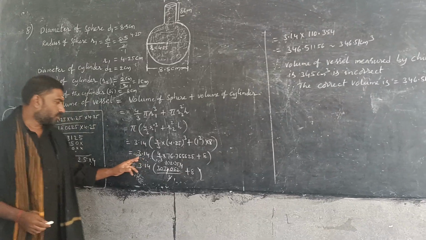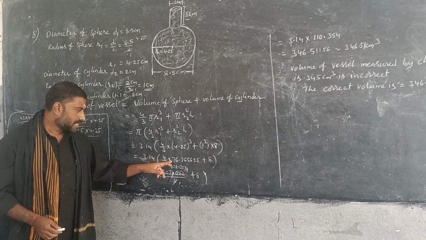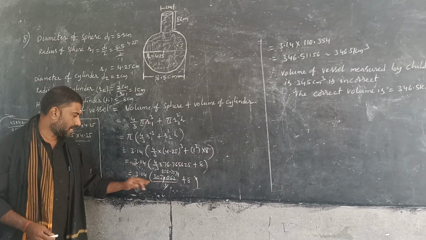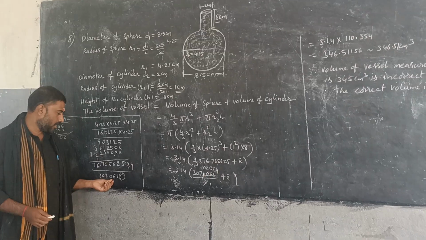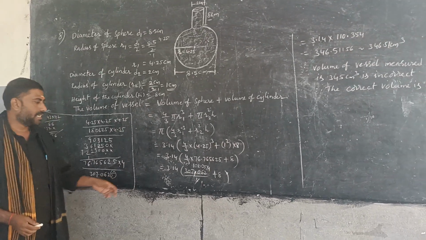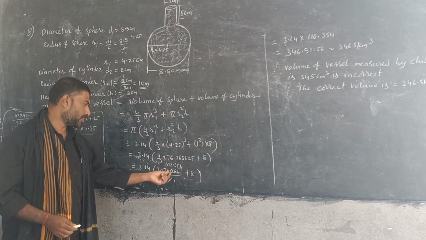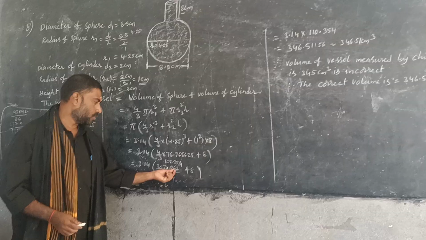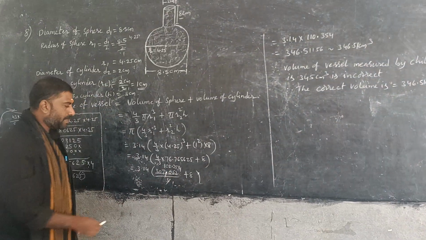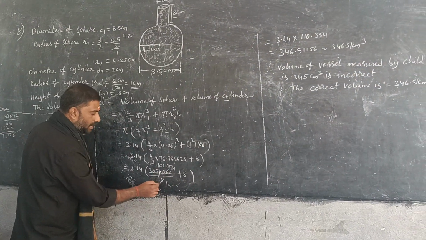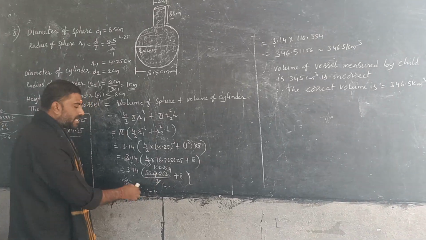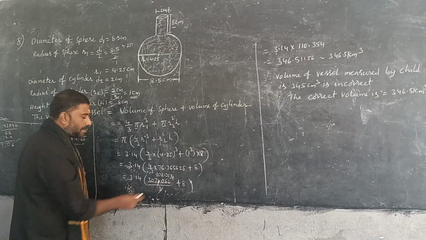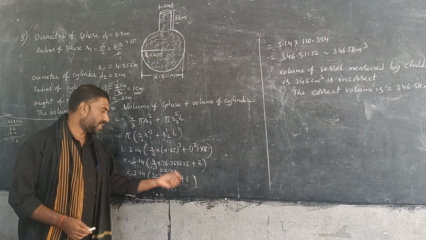You should observe that here 76.765625 into 4, when we do the multiplication, we will get 307.0625. I take up to 3 decimals only, so 307.062 by 3. Why? Because I reduced the 5. For ease of division by 3, I reduced it and removed the 5 value. So finally we get 102.354 plus 8.